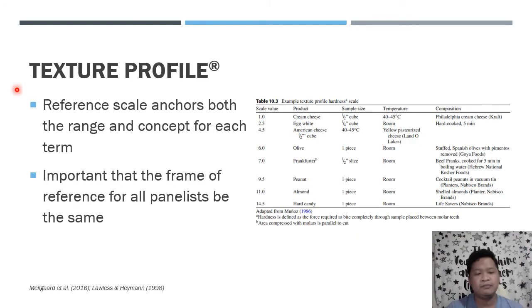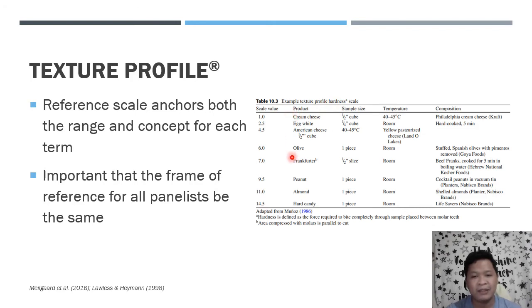So unlike other methods wherein yung scale mo pwedeng mag-apply lang siya dun sa food mo, like pang marshmallow lang, so hindi mo kailangan ng candy. Dito sa texture profile, the scale would encompass pretty much the whole range of solid or semi-solid food na kahit anong food yan, papasok siya somewhere within this scale because no food is known to be harder than hard candy or softer than cream cheese in that hypothetical regard. Although you should have the same frame of reference for all panelists at the same time, you need to say, itong mga references na to, of course, this is for hardness only, pero